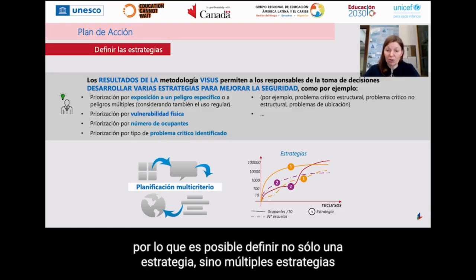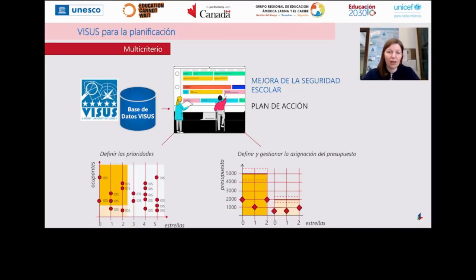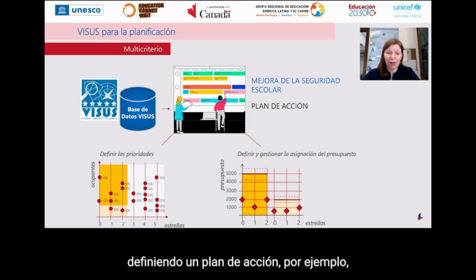So it is possible to define not only one strategy, but multiple strategies depending on the request of the criteria of the decision makers. So the VISUS database allows to upgrade the school safety by defining an action plan, for example, considering different priorities. One example could be